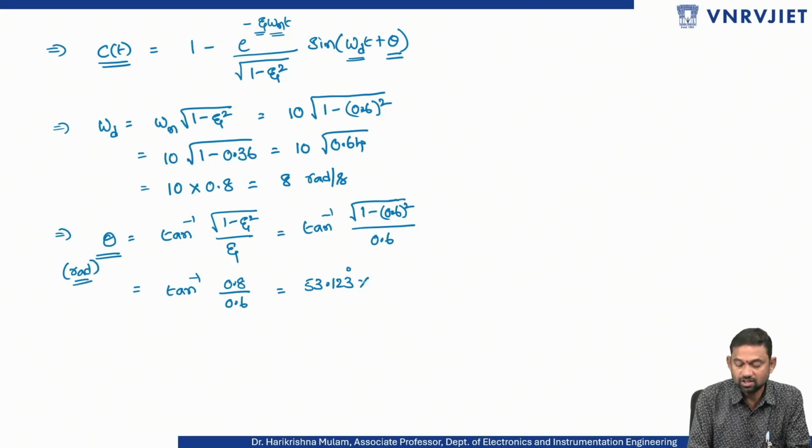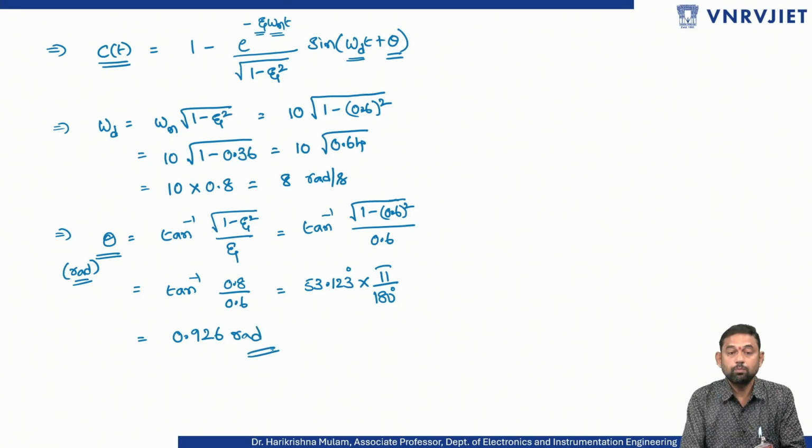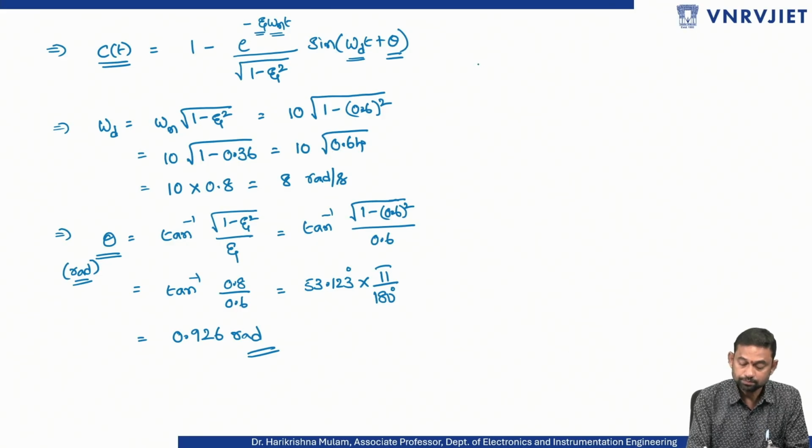Therefore, this angle in degrees has to be converted into radians. For that, you need to multiply it by pi by 180 degrees. Therefore, theta will become 0.926 radians. So, theta value is 0.926 radians. Therefore, the response of the system c of t is equal to 1 minus e power minus